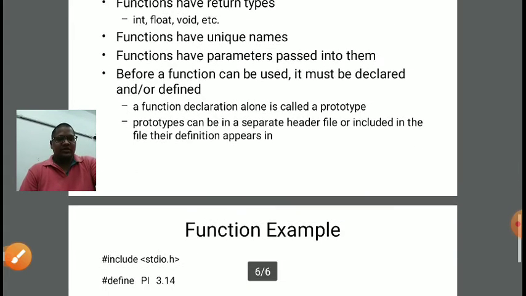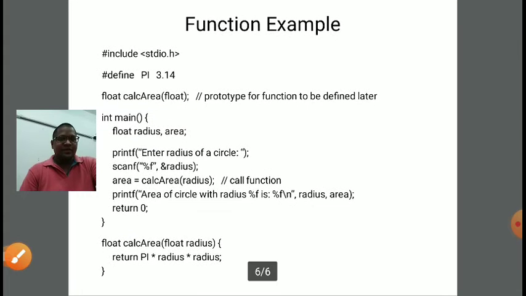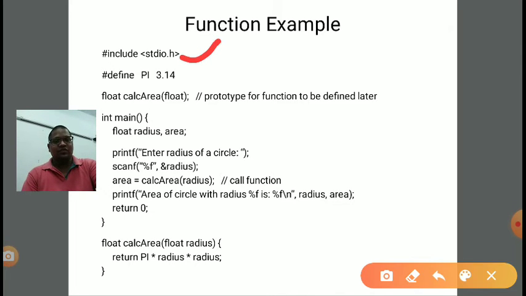Now here is one example I have written. It is the same program which we have discussed two times, first with a simple variable, second with the macro #define, and now we are calculating the area of a circle with the help of a function. Here, all of you know this is the header file. This is a macro: we have declared a constant value with the help of a macro.